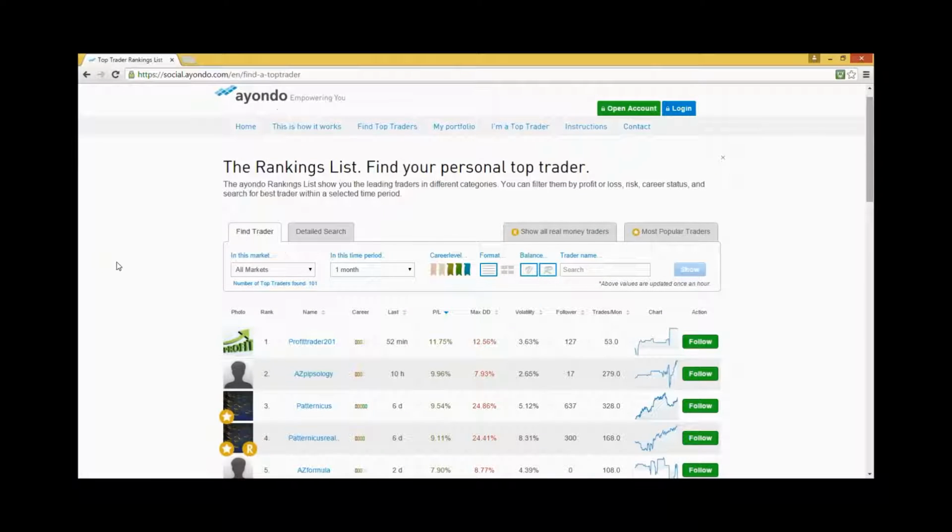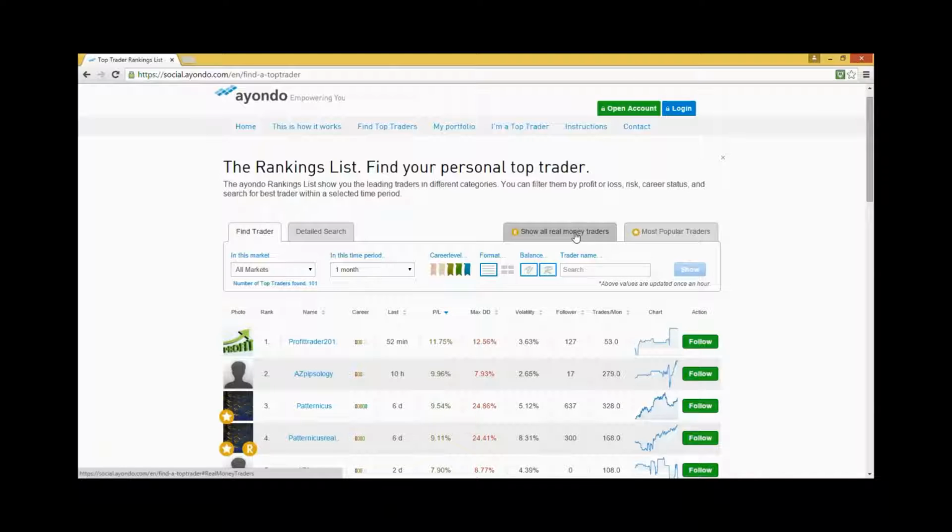So we start off by looking at your career level. Here you can see that we've chosen 3 flags. 3 flags means that you're looking at the 3rd level. If you had 5 flags, for example, you'd have the full levels, which would be institutional level. So if you're looking at only following certain top traders with institutional level, you just highlight all these flags in. At the top right, you've got most popular traders and then show all real money